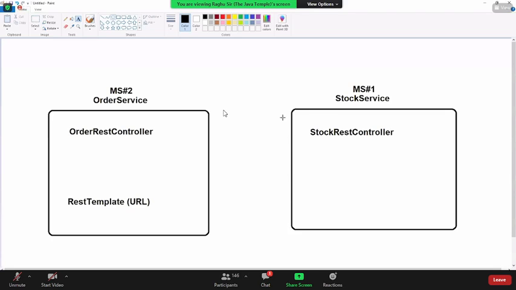Stock service may run a first time, second time, third time, so 3 instances will be there. In the future it may be moved to some other location. So don't give a direct URL.